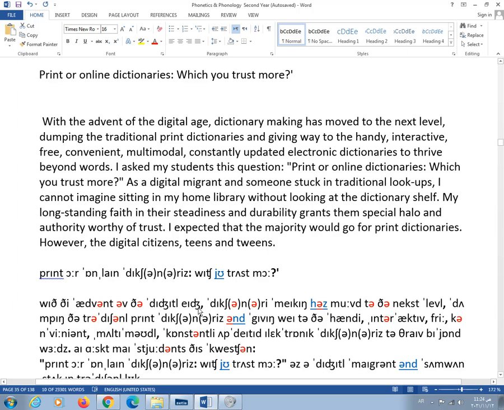Okay, dictionaries. This, by the way, if you pronounce American, say dictionaries. Or dictionary making has moved. We're gonna take the long vowel just now to the next level. Okay, dropping or dumping, yes, dumping the traditional print dictionaries and giving way to the handy interactive